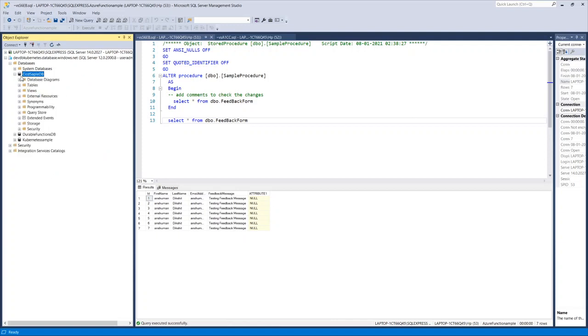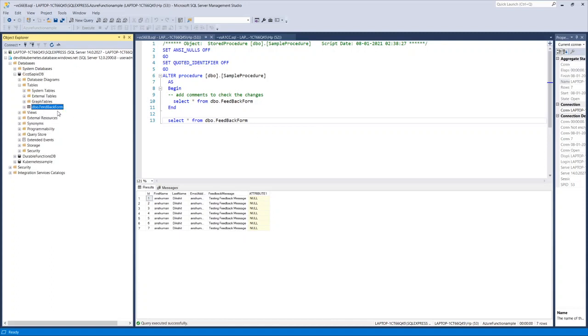It's refreshing, and we should see the tables as well as stored procedures. But remember, we have no data in our tables in the Azure SQL database, so it should not create the data. It should only create the schema.